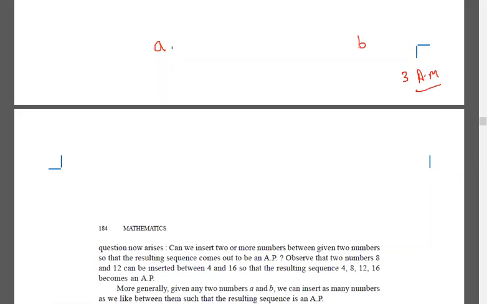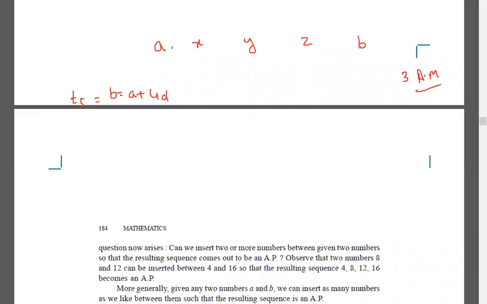No. So actually, you just have to put three numbers which will be in AP. So suppose the numbers are X, Y, and Z, right? So A, X, Y, Z, B should be in AP. Now think about this. What is D? B will be the fifth term. Yes or no? B is the fifth term. T5 is equal to B, which is A plus 4D.